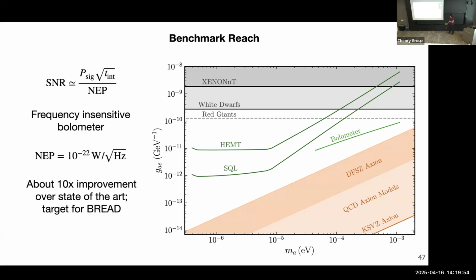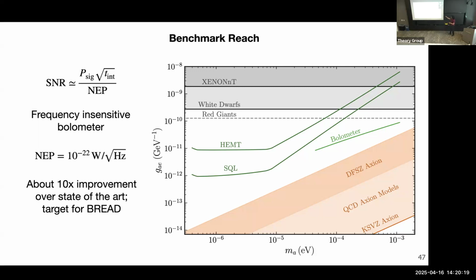So if you had something in this quantum ground state and you measured how much power is coming out, the answer is exactly 0. There is no quantum contribution to this. So if you put a bolometer, which is completely insensitive to frequency, so it's not getting any of this enhancement about it being a narrow frequency or anything like that, then you can get quite a big enhancement over the standard quantum limit. Here I'm assuming these things are characterized by something called the noise equivalent power, which is just a measure of how noisy it is.